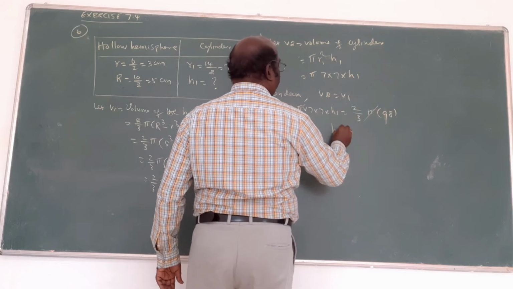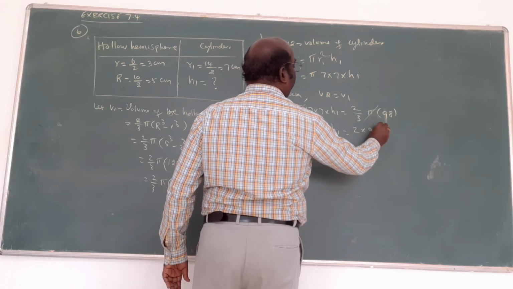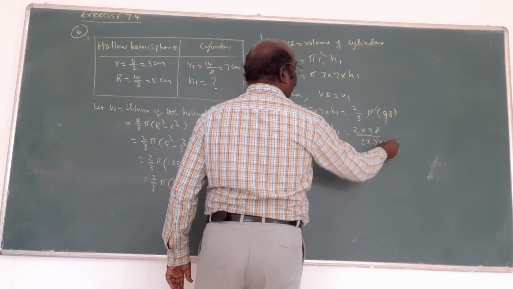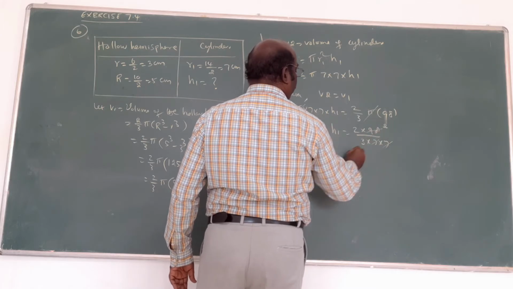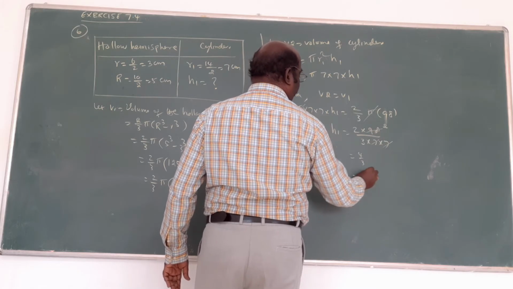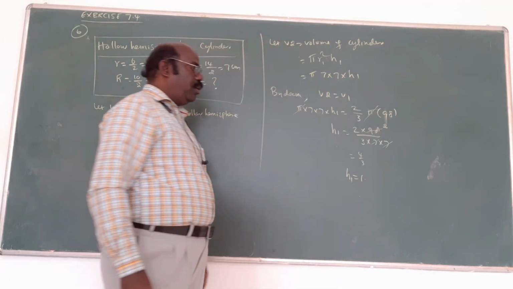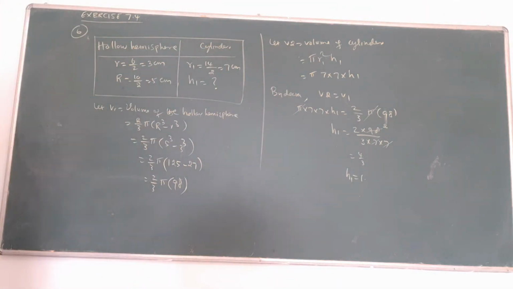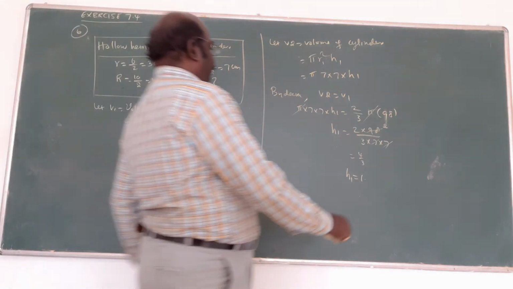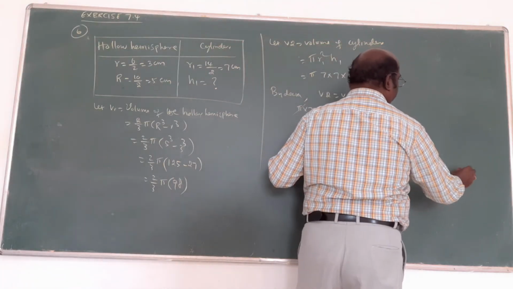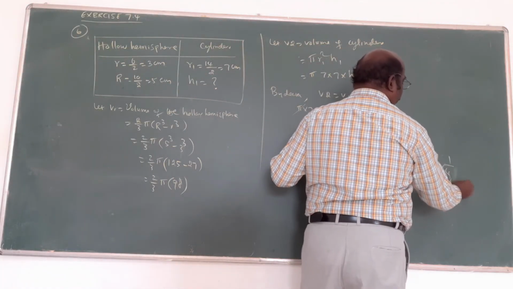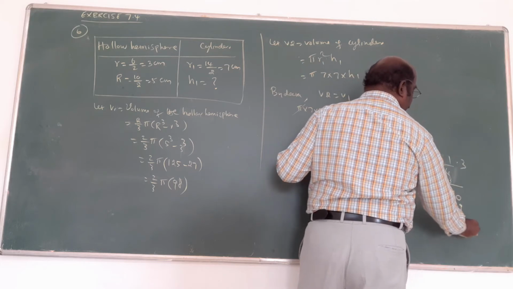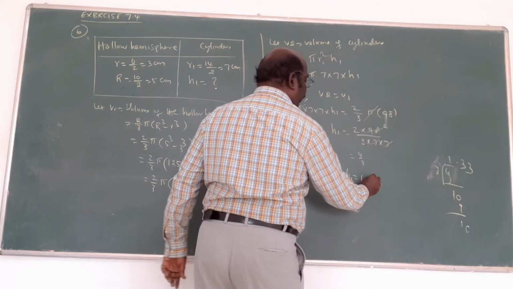We want h1 equal to 2 into 98 by 3 into 7 into 7. Here only 3 is there. Okay? 7 7s are 49. 2 times 4 by 3. What is the answer? h1 equal to 4 by 3. In 4, how many 3s? One time. Divide. 3 times 1 is 3, 0, so 1. 3 times 9, again 1. 0 3, 1. 1.33.